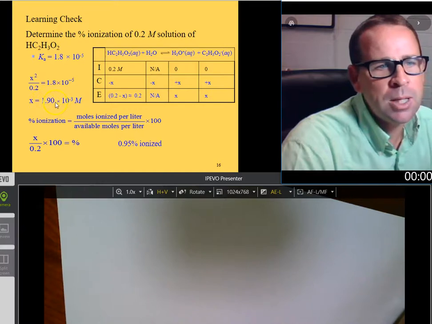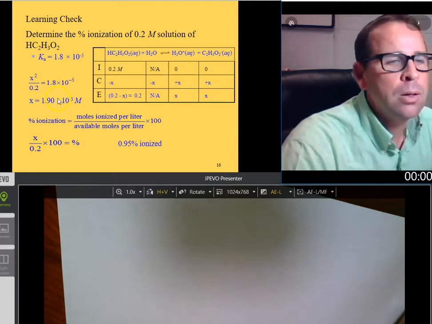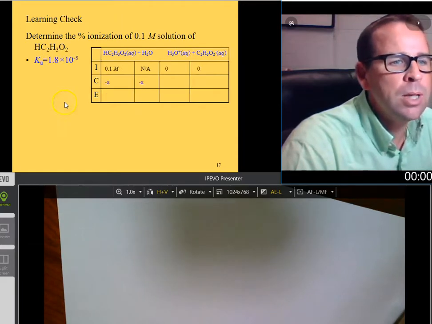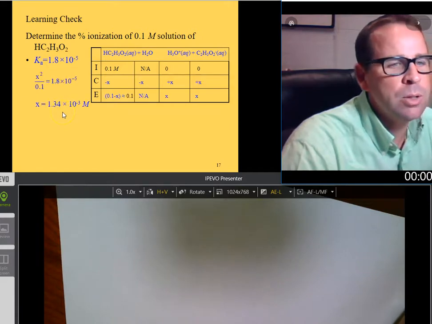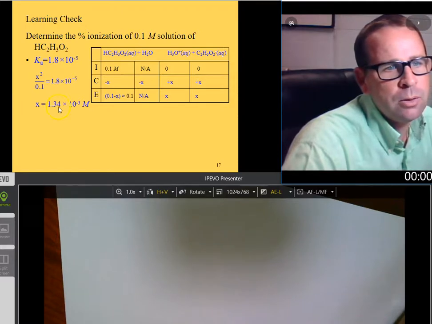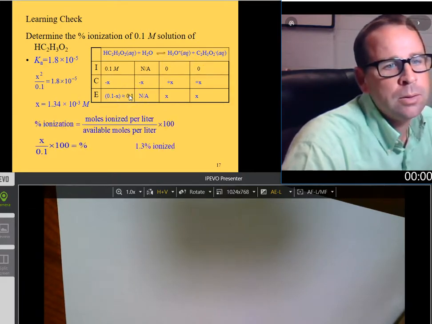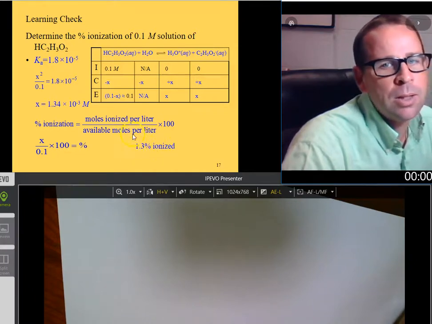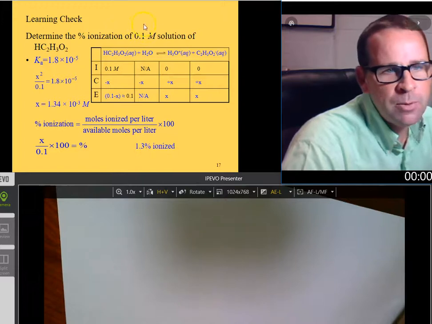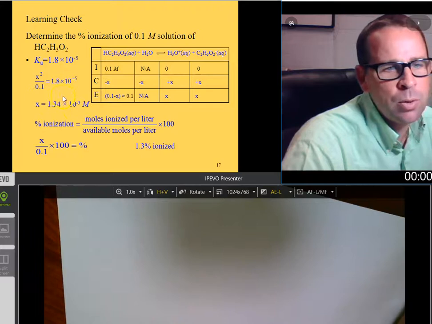This is 1.9 times 10 to the minus 3, right? Oh, sorry, did I say that right? 1.9 times 10 to the minus 3, and this one was 1.3 times 10 to the minus 3. So it's a lower amount in this ionized form. However, it ends up being a higher percentage ionized, right? There's half as much, so that's why you end up with a lower amount actually in the ionized form, but